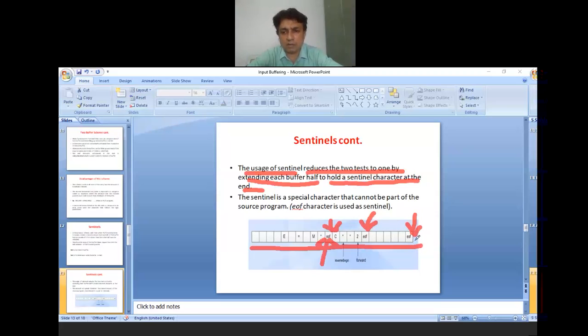Suppose the buffer length is 20 and our input length is 15.